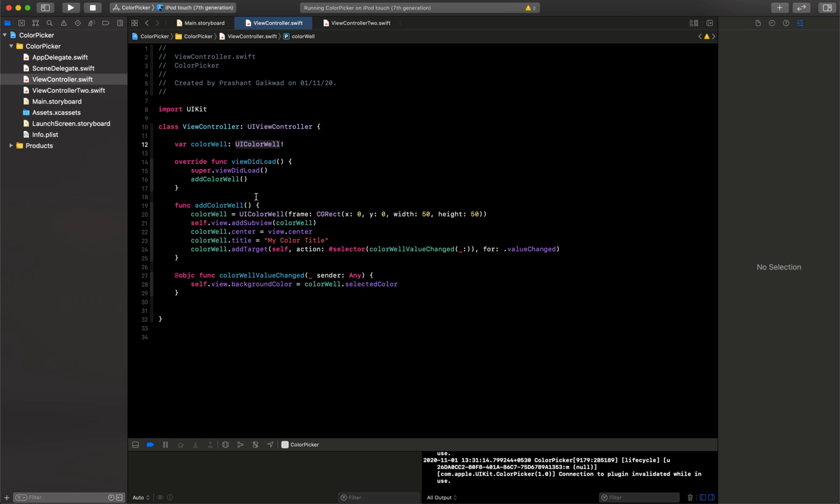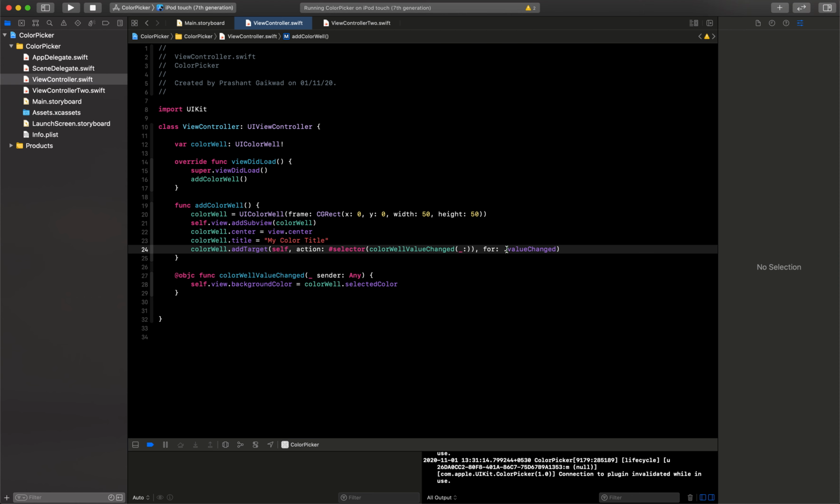And then here you can see first I have set the frame which is 0, 0, 50, 50. Then I have set this as a subview of my main view, and then I have set it to the center of the main view, and then I have given my title also, and then I have added one target method which will be called every time I select any color.